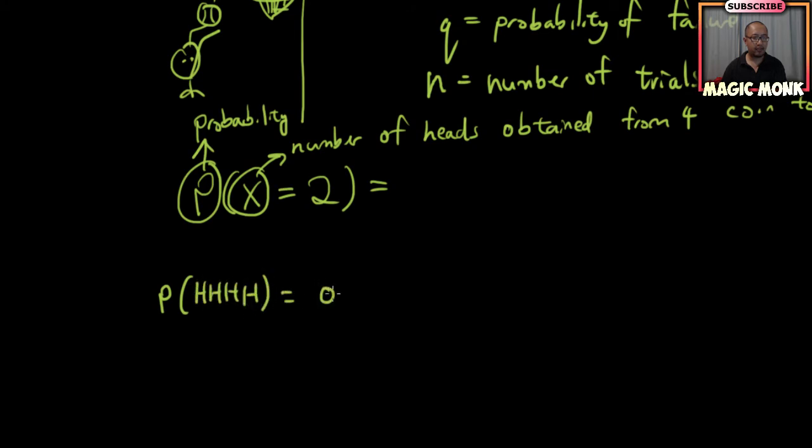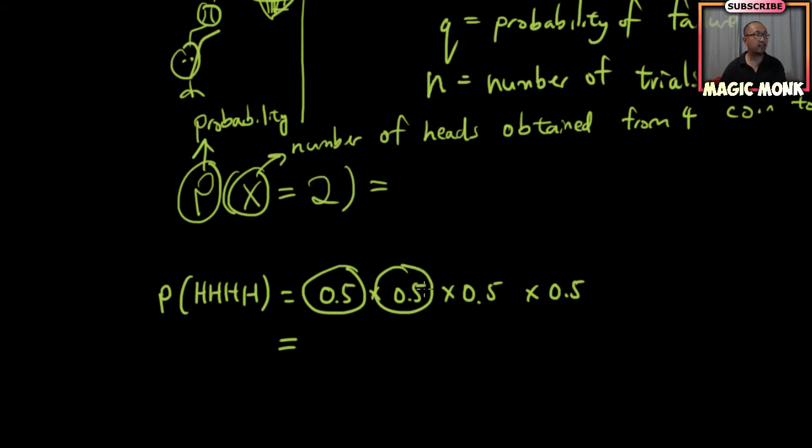Right, because originally you had 50% chance of getting a head. After that, let's say you're lucky enough to get a head. To get a head again, there's only half chance of getting another head. So half times half, so now you're on 0.25. So if you go 0.5 to the power of 4,